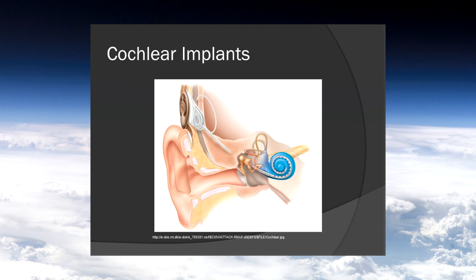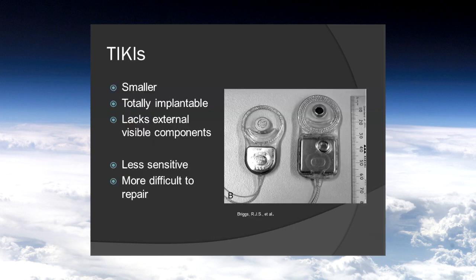One of the more prevalent technologies that we have currently is a cochlear implant. That traditionally consists of some external components such as the processor and the microphone, and then the internal component that's actually connected to the cochlea. In the future, we're looking at some changes. In the picture on the right, we have our traditional cochlear implant, and then on the left is the newer one that's being developed right now, which is called a Tiki, which is kind of cute,